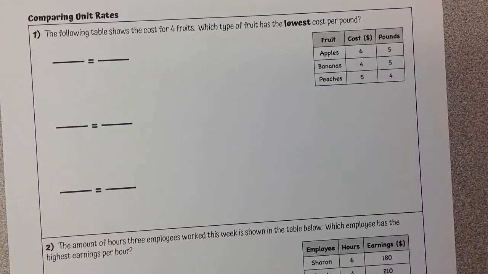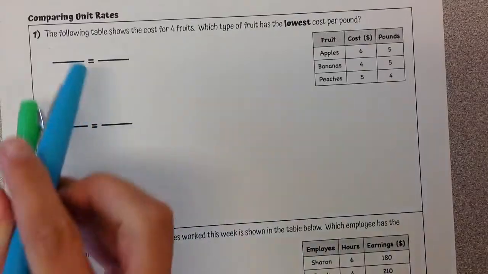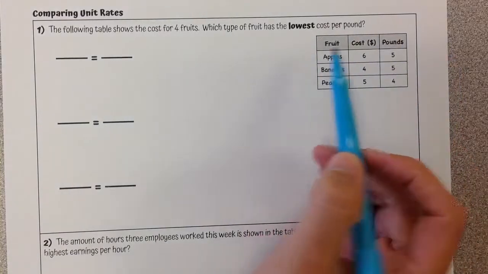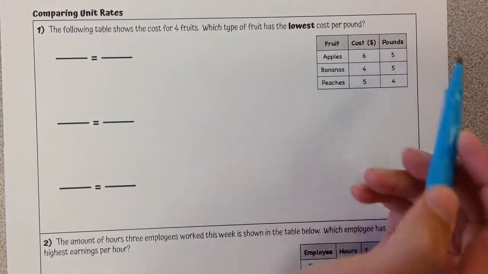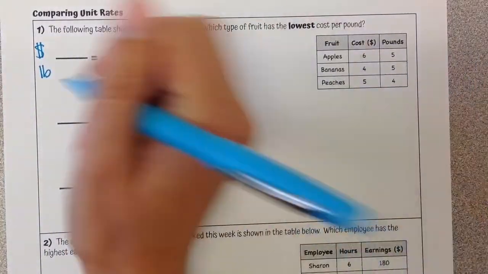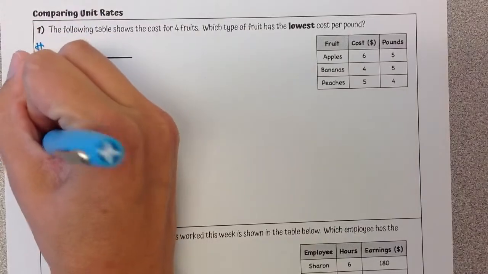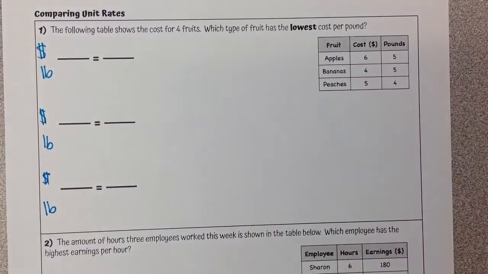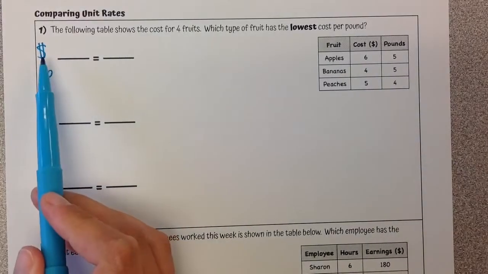So basically, we are comparing 3 different fruits. That's why you see 3 different ratios set up here. No matter what, though, we are comparing cost and pounds. So I'm going to label each of these. Cost, pounds. Cost, pounds. Cost, pounds. So for the first one,